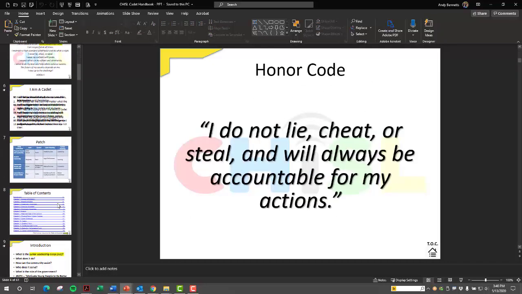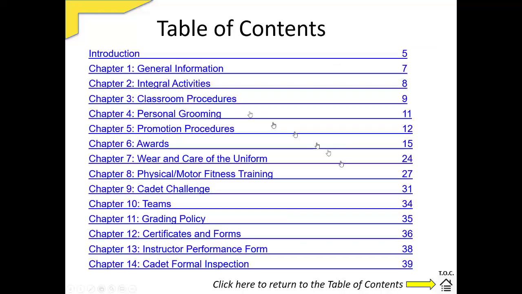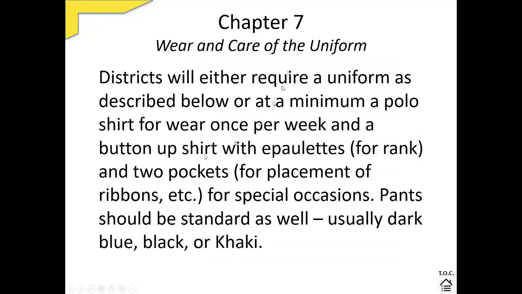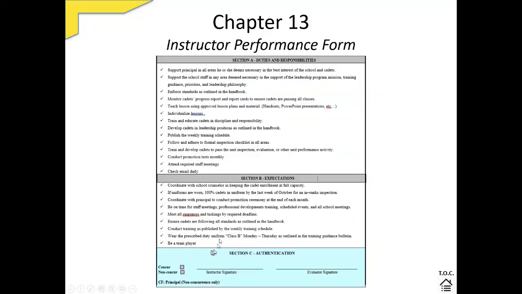The one thing that I wanted to show you is once you get to the table of contents, when you're in slideshow mode, the nice thing about this is you don't have to jump to slide 55 or whatever, right? I can just click right there. It jumps me right to chapter 7. We read through that. And then when I want to go back, I click the table of contents in the lower right, and then I can just bounce around to specific things.